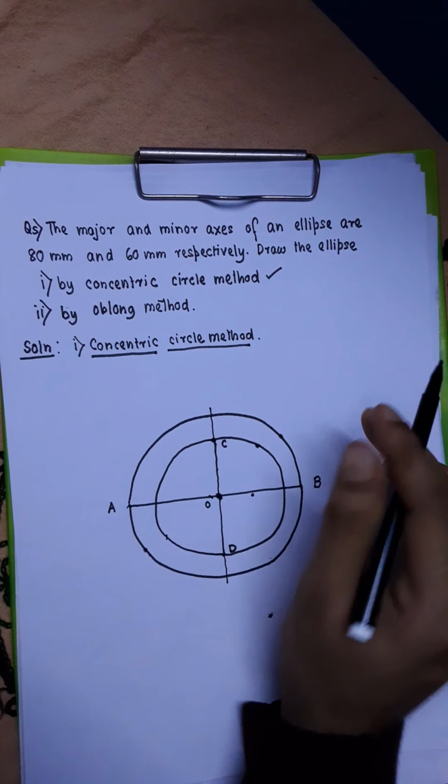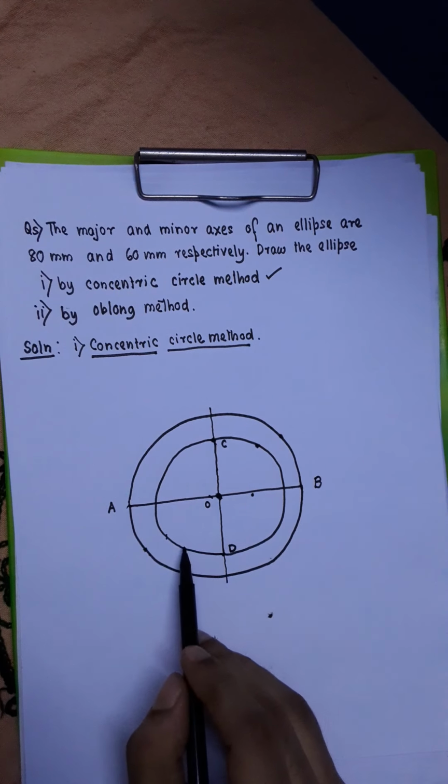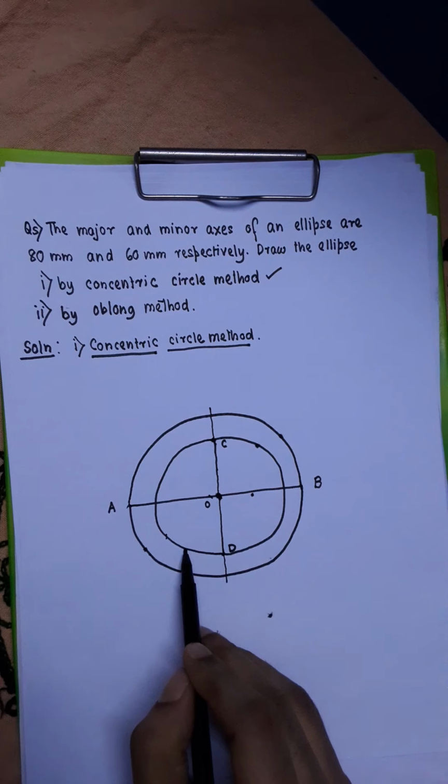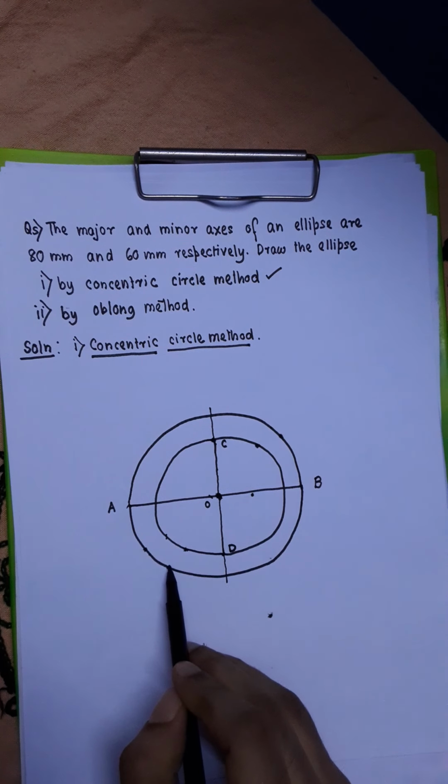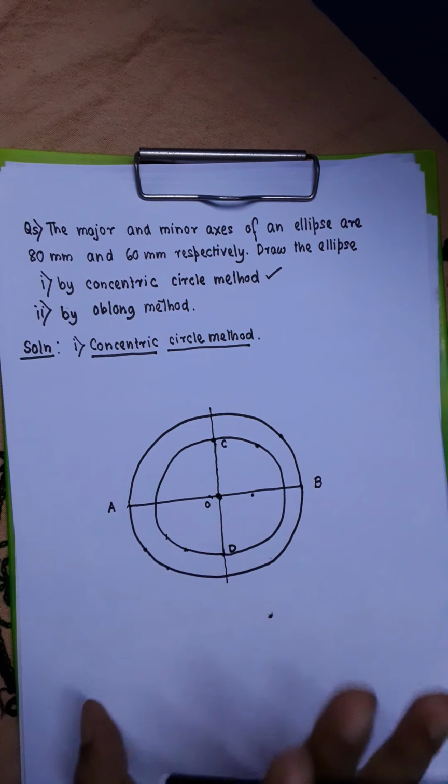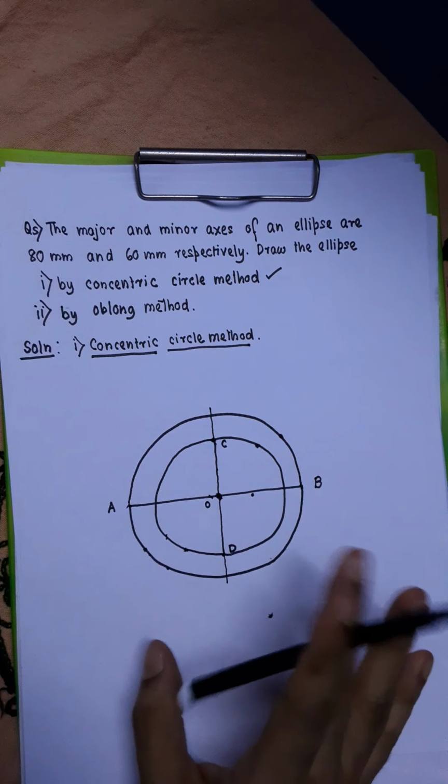Okay. So from now on, again I repeat, the smaller circle, which has been drawn with the minor axis as the diameter, I will refer to as the minor axis circle, and the larger circle, which has been drawn with the major axis as the diameter, I will refer to as the major axis circle. Now the next step in the construction is